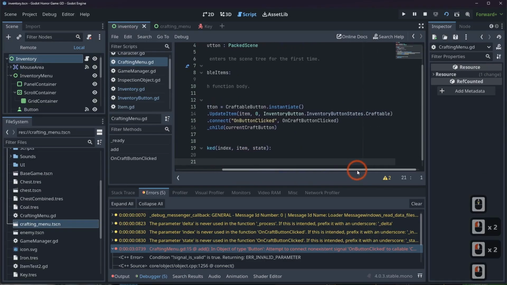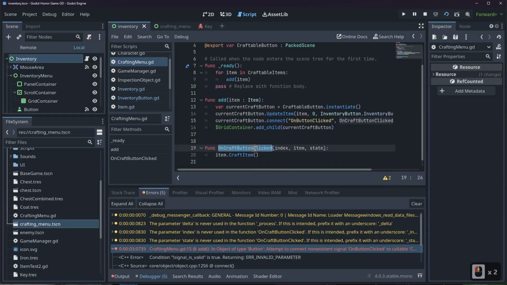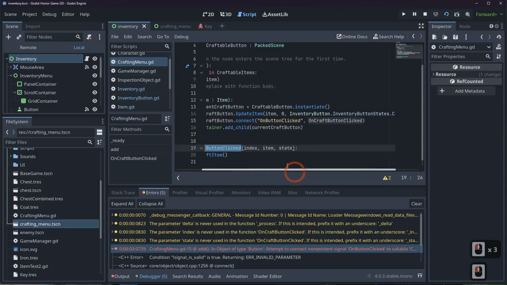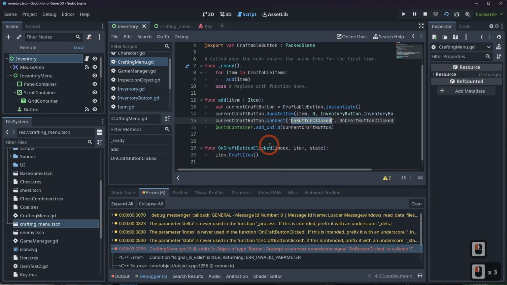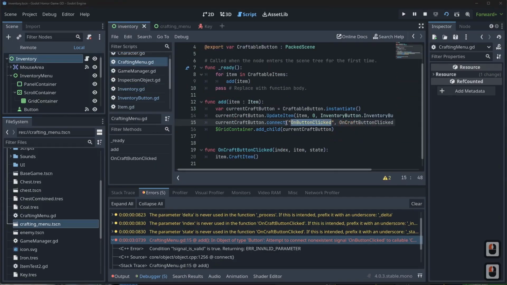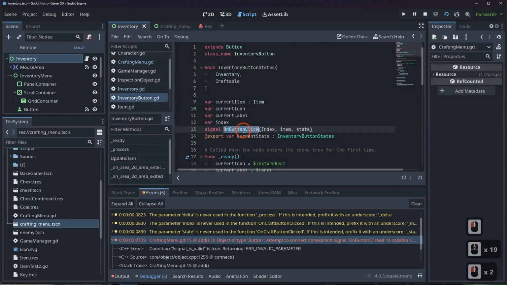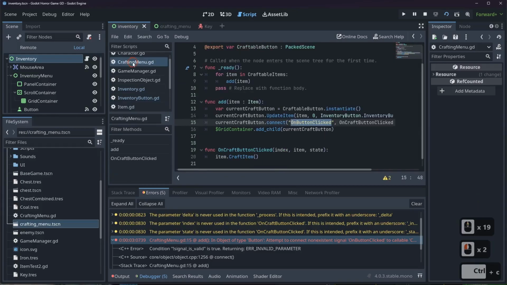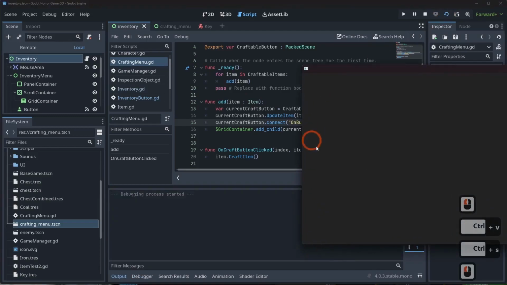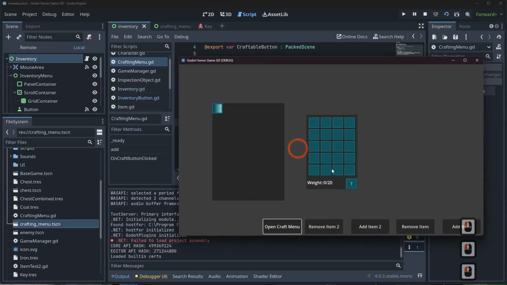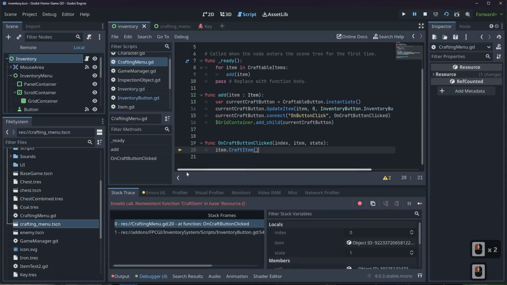It doesn't exist. So our on button clicked exists. It has the three states. Our inventory button on its on button click. If we look at our button, it's actually on button click, not clicked. It's not an ED, it's just clicked. So we'll copy that bad boy, put that in. Let's refresh it. Open craft menu, add item, click this guy, and it says non-existent function craft item on base